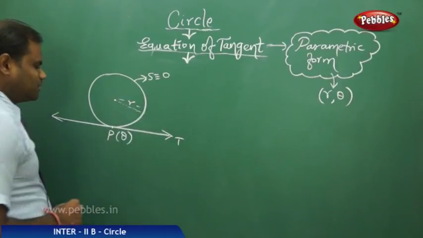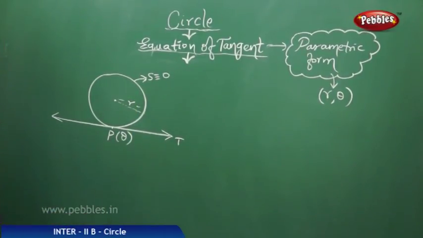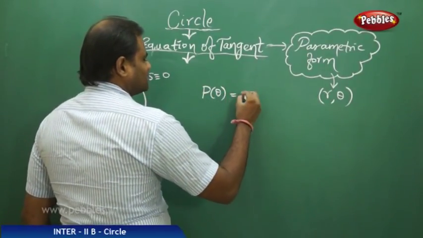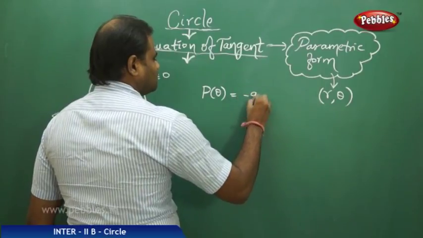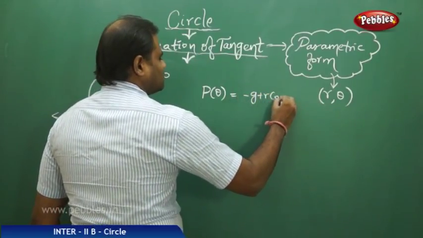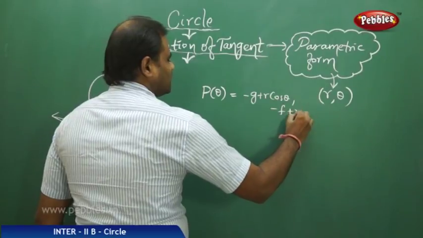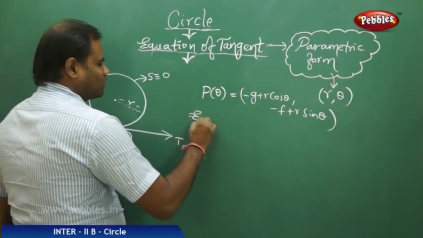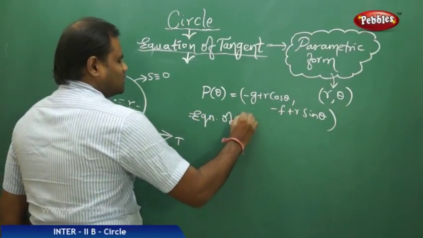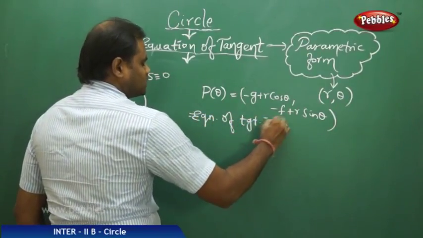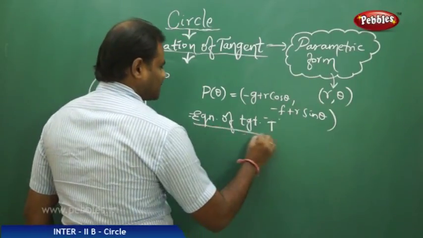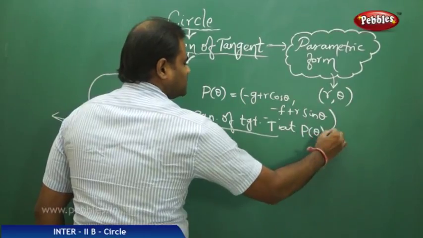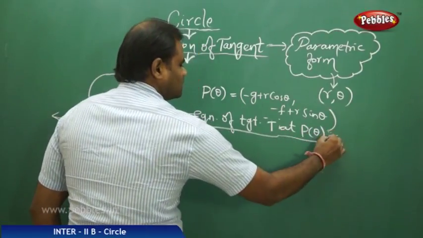Then with r being the radius of the circle and theta being the point of contact, I have P(theta), which is given by (-g + r cos theta, -f + r sin theta). Therefore, with this point, the equation of tangent T at P(theta) is given by